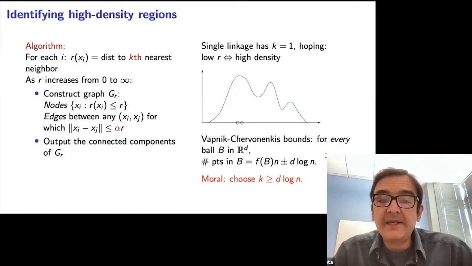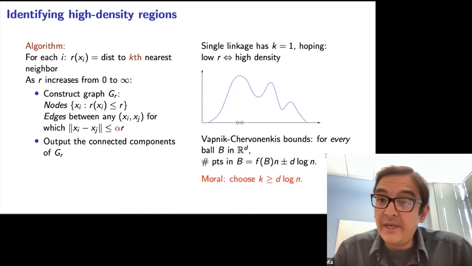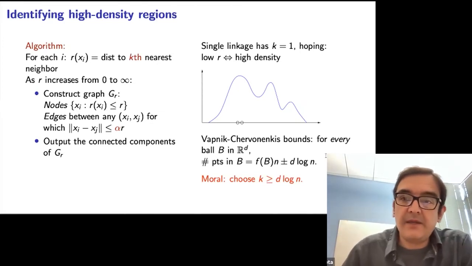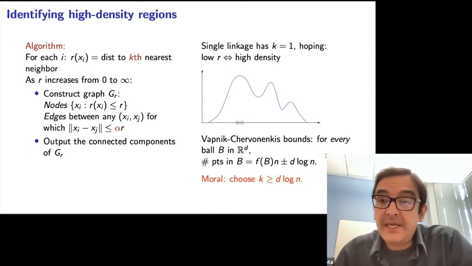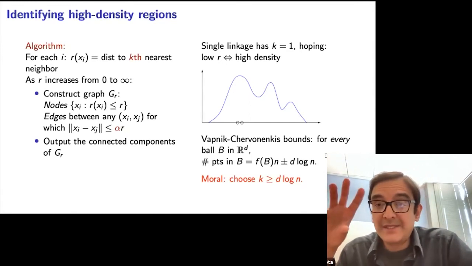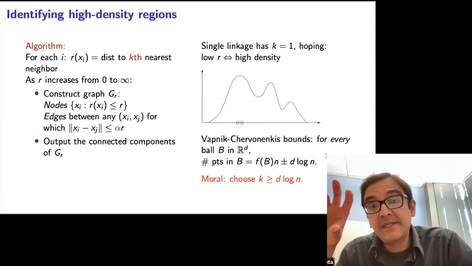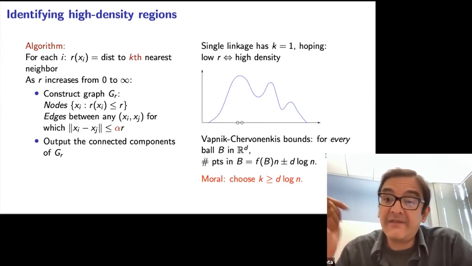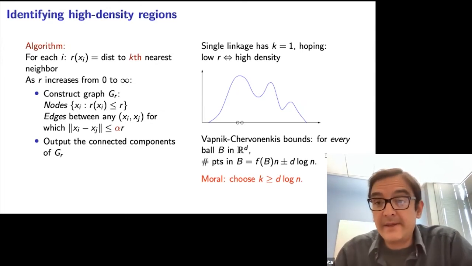If we do that, then we don't really have to worry about the kind of sampling error I was talking about. And so that's the first thing we need to do. If we do this, it will indeed be the case that the points that get activated first are in the highest density regions, and the points that get activated later are lower density.